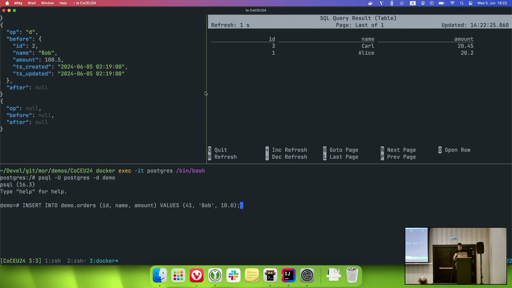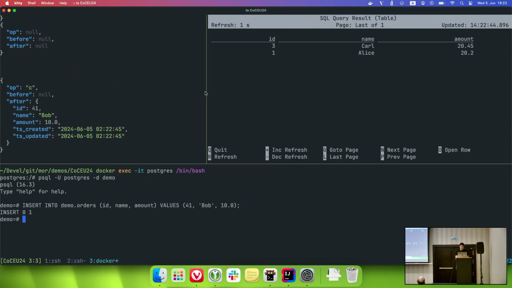So, when I add this record, on the left side, on our Kafka consumer, I would expect a new event coming with a create. And here I would expect to see a new record on a select query. So, yeah, that's a new changelog in Kafka, and now we have a continuous query on the Flink SQL side, updated once the input is changed.